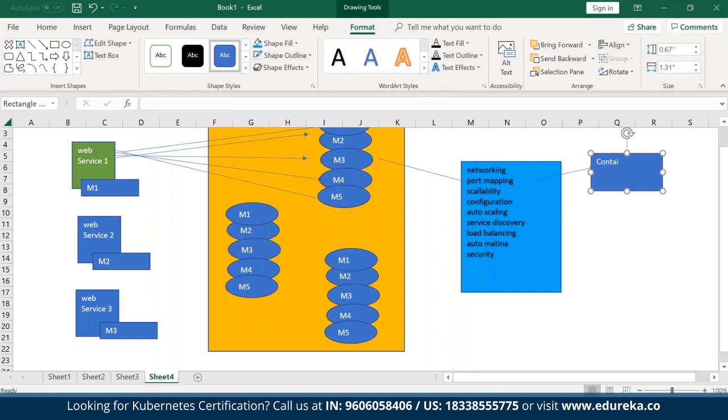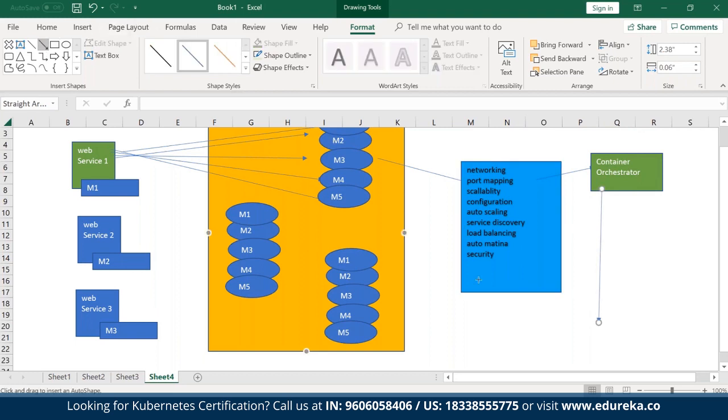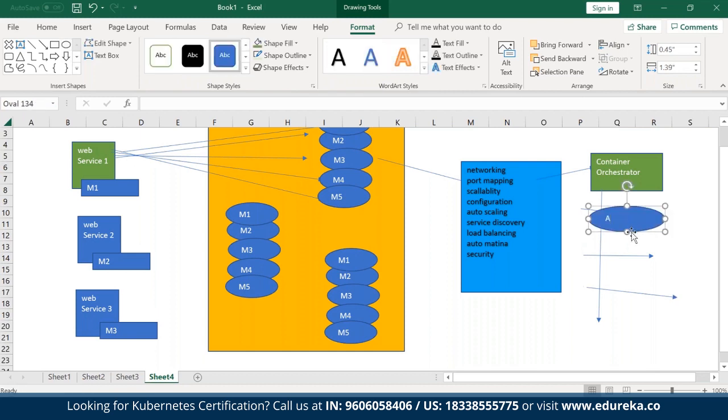So a container orchestrator will be with us. And that is the reason, guys, people started thinking about a solution which can do all these things for you. So guys, which are the tools for container orchestration? To my knowledge, the first tool which was launched into the market was Apache Mesos,